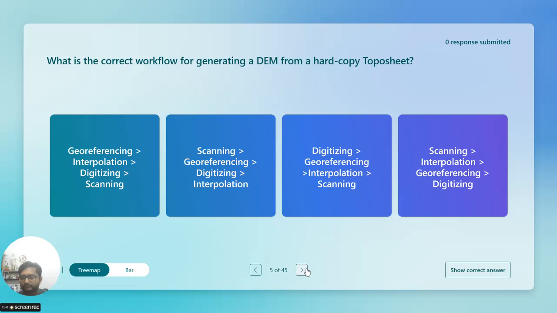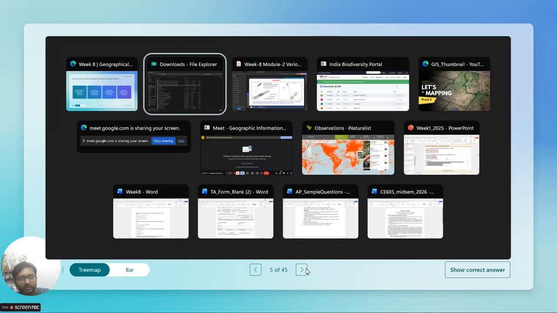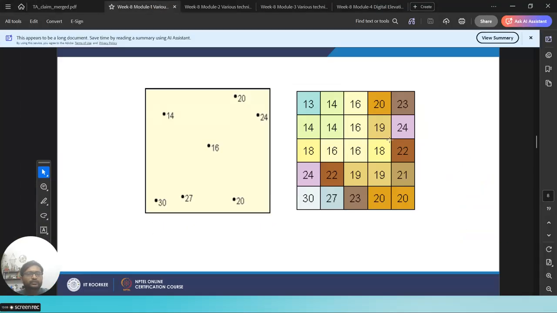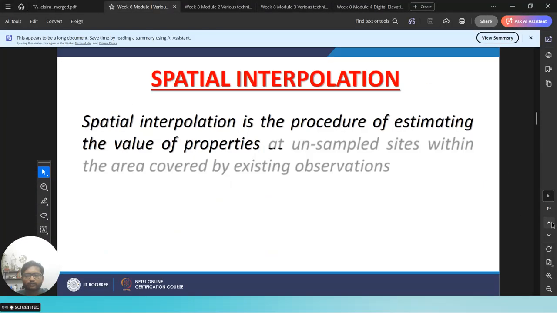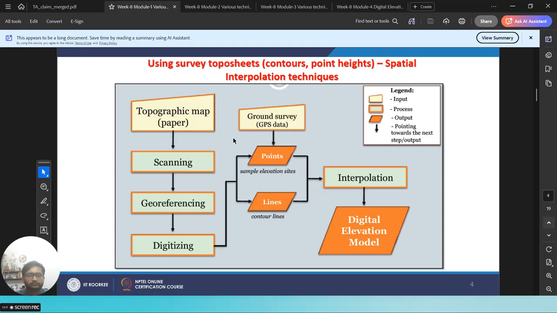Option B, sir. Yes. So first of all, we will take a map, scan it, and then we'll do the georeferencing, and then we'll digitize the object, and then we will add, if we have another data from GPS, we'll combine the data with the data available in the map, and then we will do the interpolation. So if you see the correct workflow for this particular process, it looks like this. So topographic map preparation, which is using surveying instruments, then scanning of that map, georeferencing, digitizing, and then